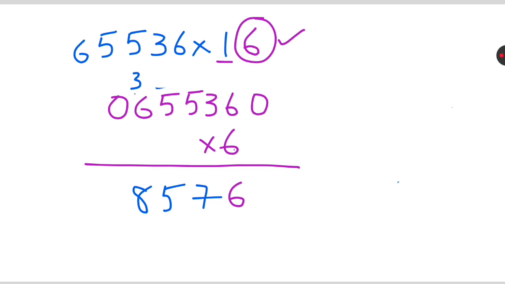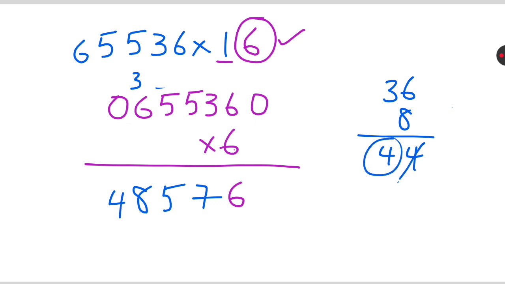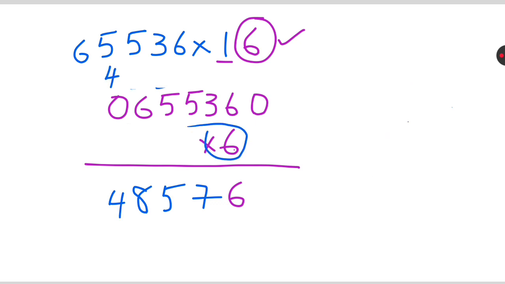Now 6 times 6 is 36. To the 36, add the carry number 3 and the previous number 5. So 3 plus 5 is 8. So 36 plus 8 is 44. So write 4 here, and carry the remaining 4 to the top of the 0. Now we have to multiply by 0. 6 times 0 is 0. Then the carry number is 4. The previous number is 6. So 6 plus 4 is 10. You just write 10. So if you multiply by 16, then you will get